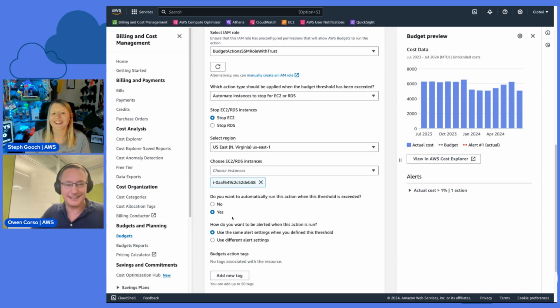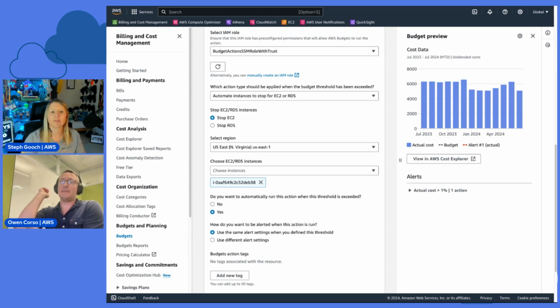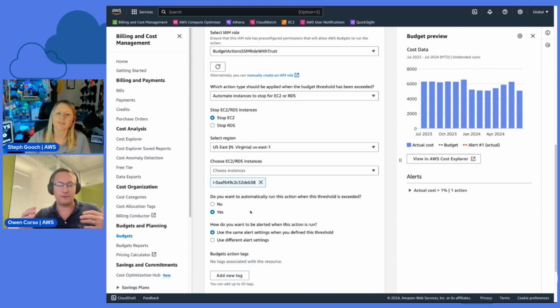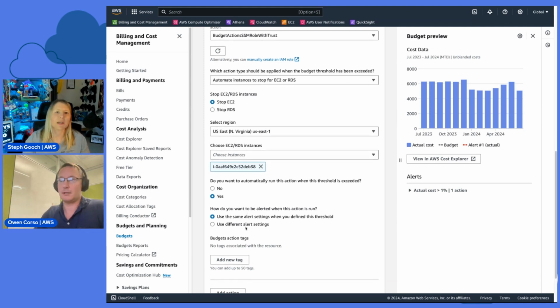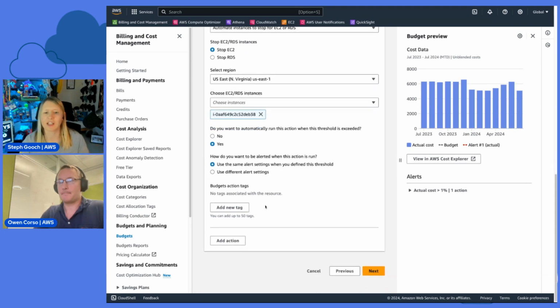Turn it off. Where does the approval come through? Is it an email? Yes, you will get several emails when you start using budget actions, in addition to the budget alerts, the regular threshold exceeded alerts. And so if an action fails to execute, if an action is executed, if it's ready for your approval, if you reverse the action, those are all use cases where you'll receive an email. So we're keeping you fully up to date with all the things that actions are doing. So nothing's going to happen without you knowing.